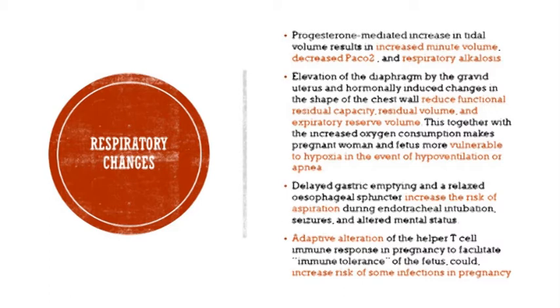Let's look at the respiratory changes. So progesterone-mediated increase in tidal volume will result in an increased minute volume, a decreased partial pressure of carbon dioxide, and respiratory alkalosis. Elevation of the diaphragm by the gravid uterus and hormonally induced changes may reduce functional residual capacity, residual volume, and expiratory reserve volume. This, together with the increased oxygen consumption, makes the pregnant woman and fetus more vulnerable to hypoxia in the event